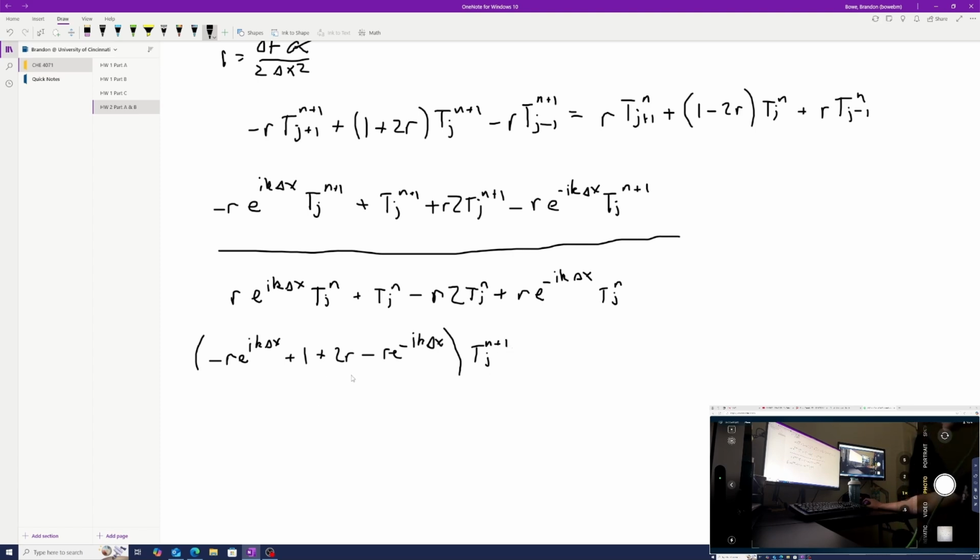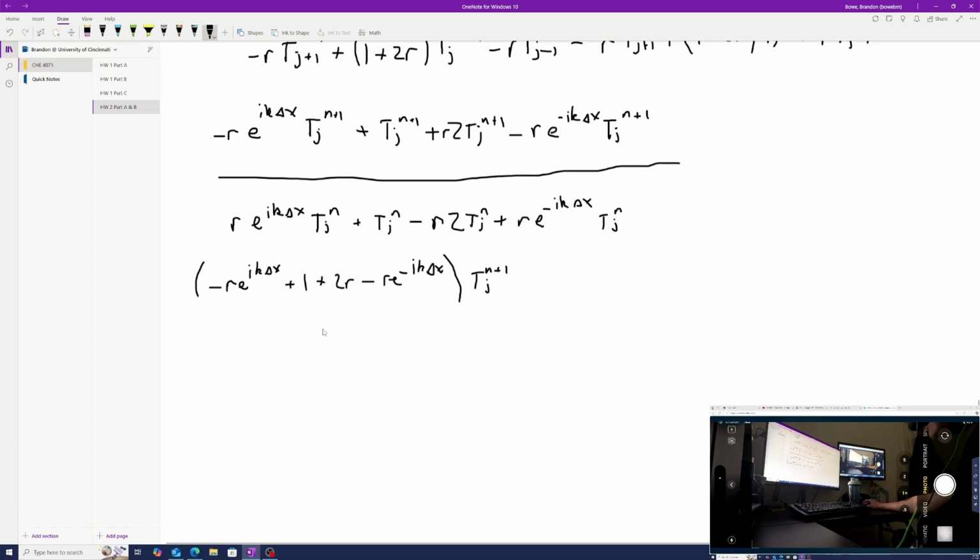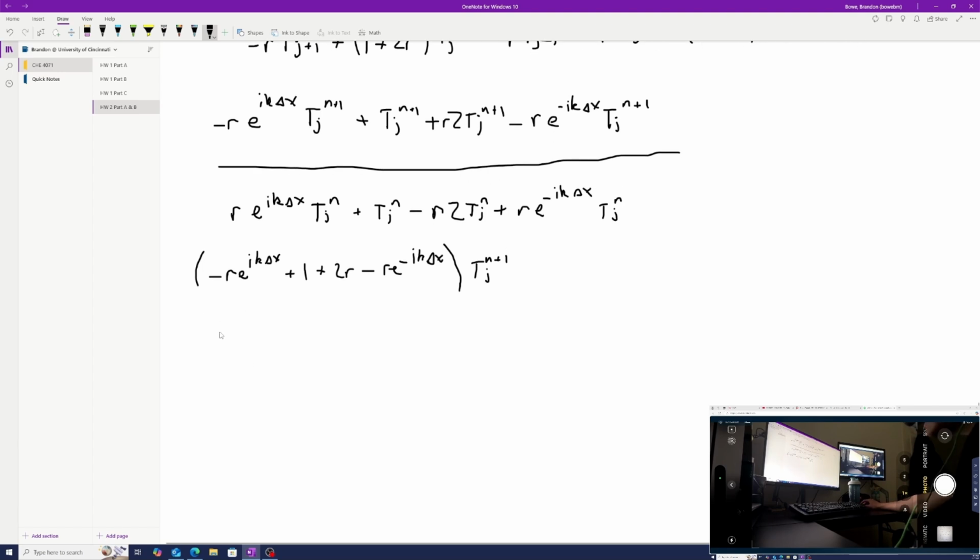So what we can do here is move this 1 around to where we get 1 plus, and then we're going to pull out the r we have here. So we get r, and then